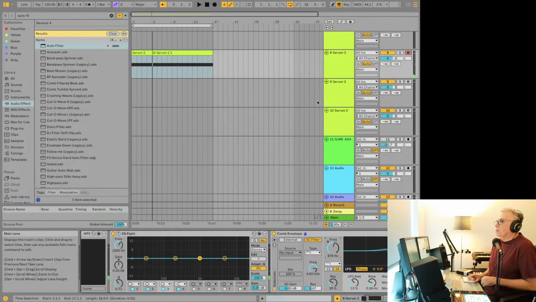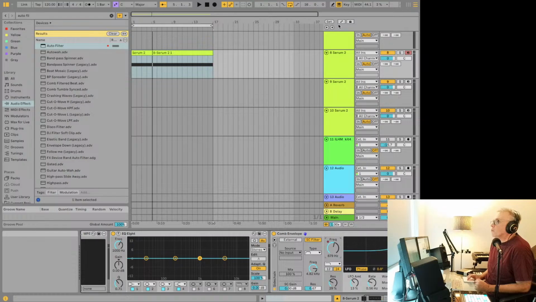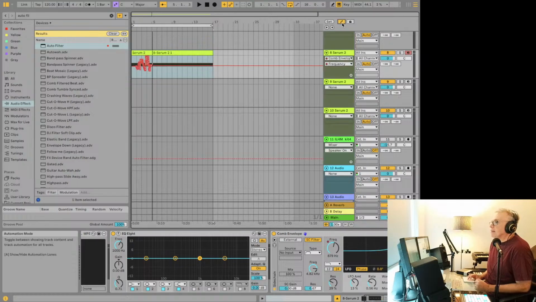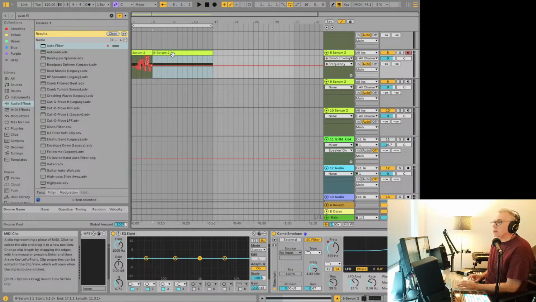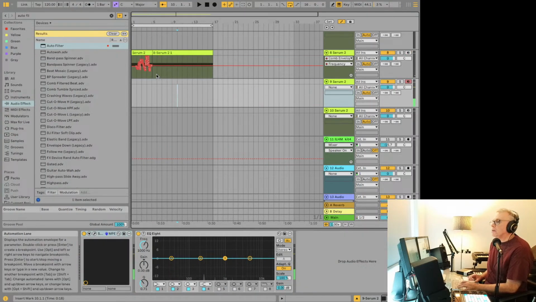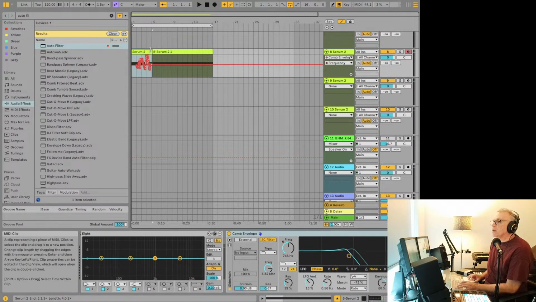Okay, so we have automation now for this. And to go look at your automation, it's this button here. And I think it's A as well, or something. No. But anyway, so if we go here, oops,